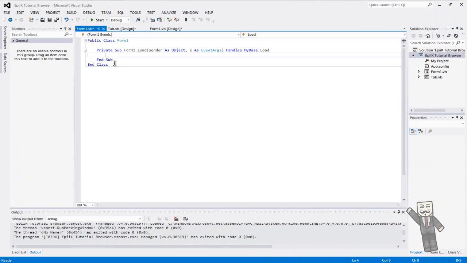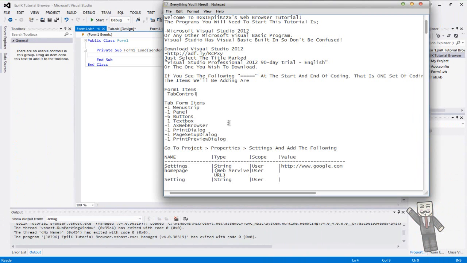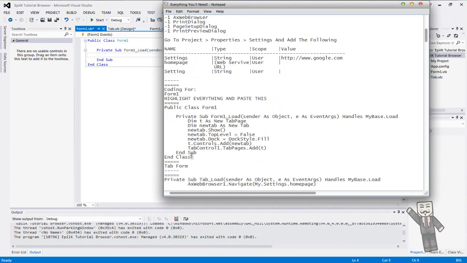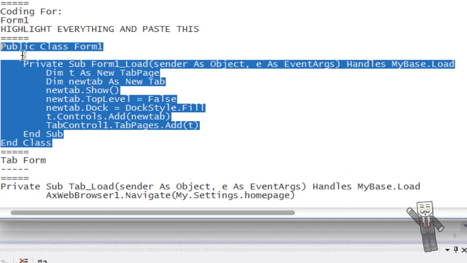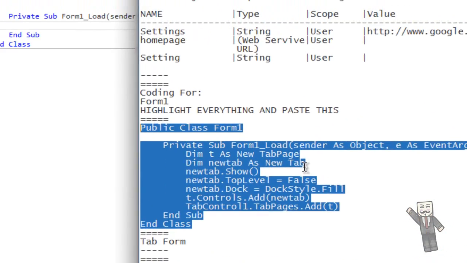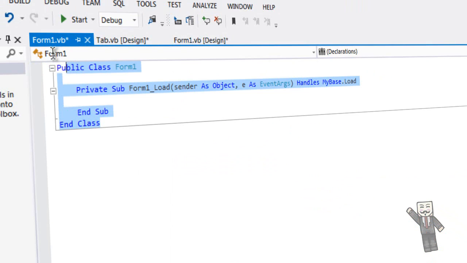Now this is a simple coding, and all that you guys need to do is copy this little coding right here. You need to Control C it, and now all that you do is paste it